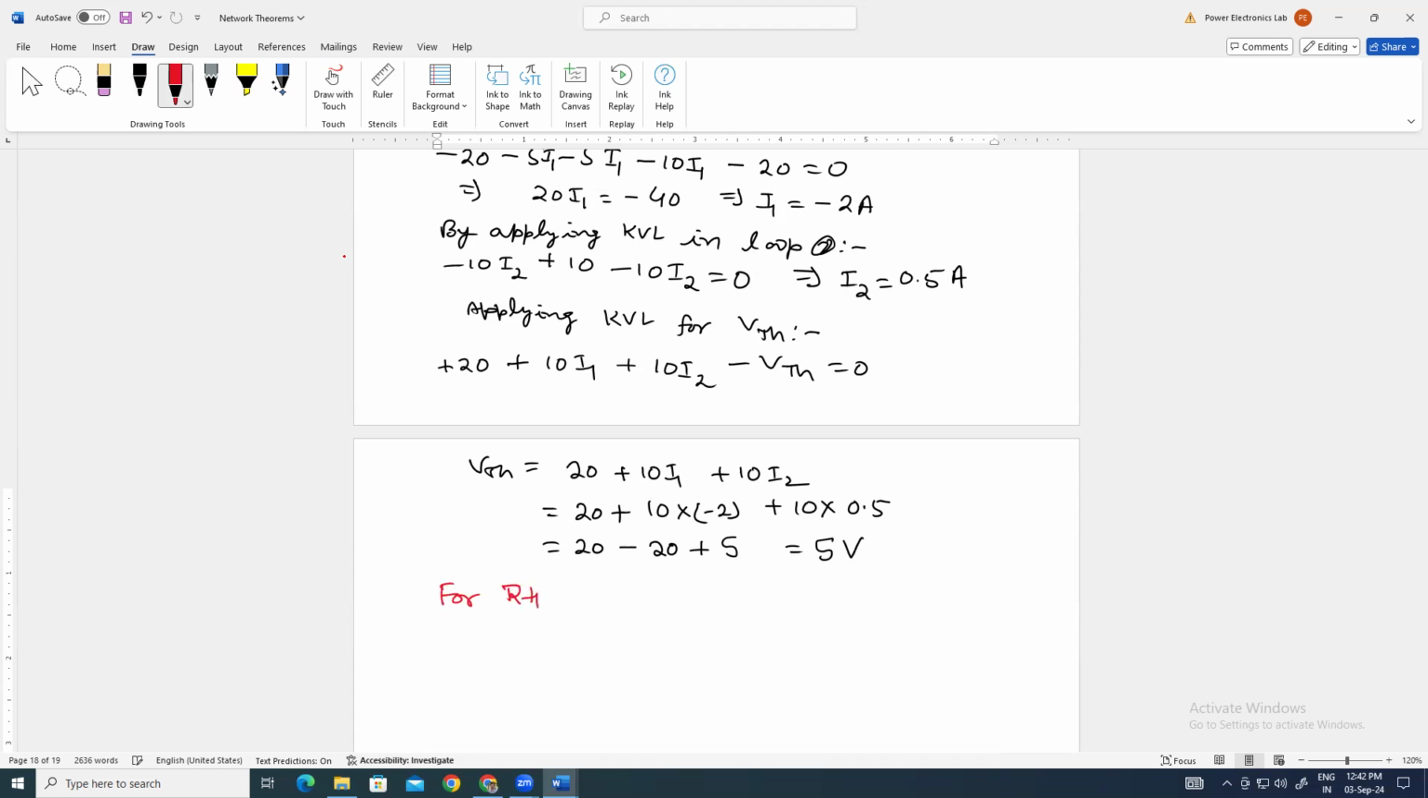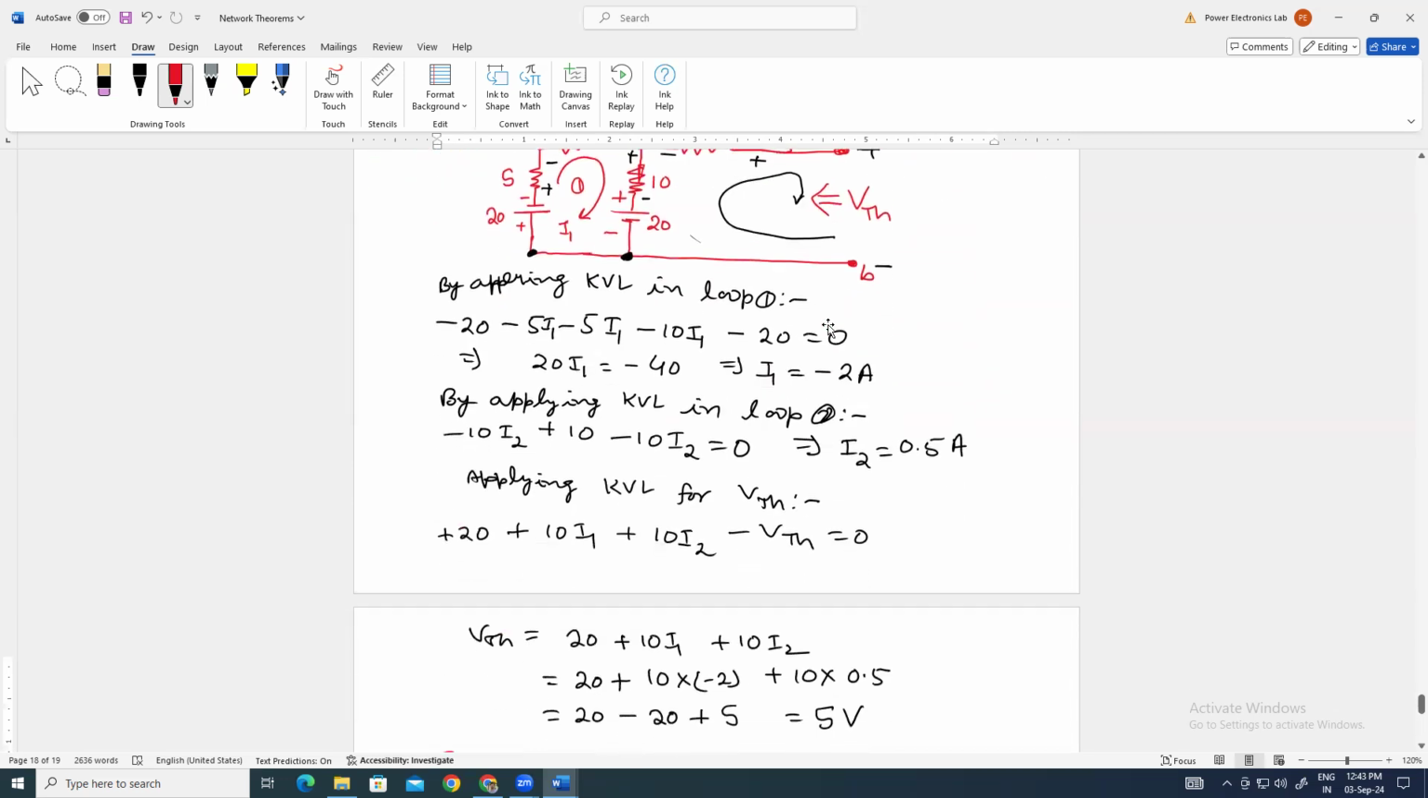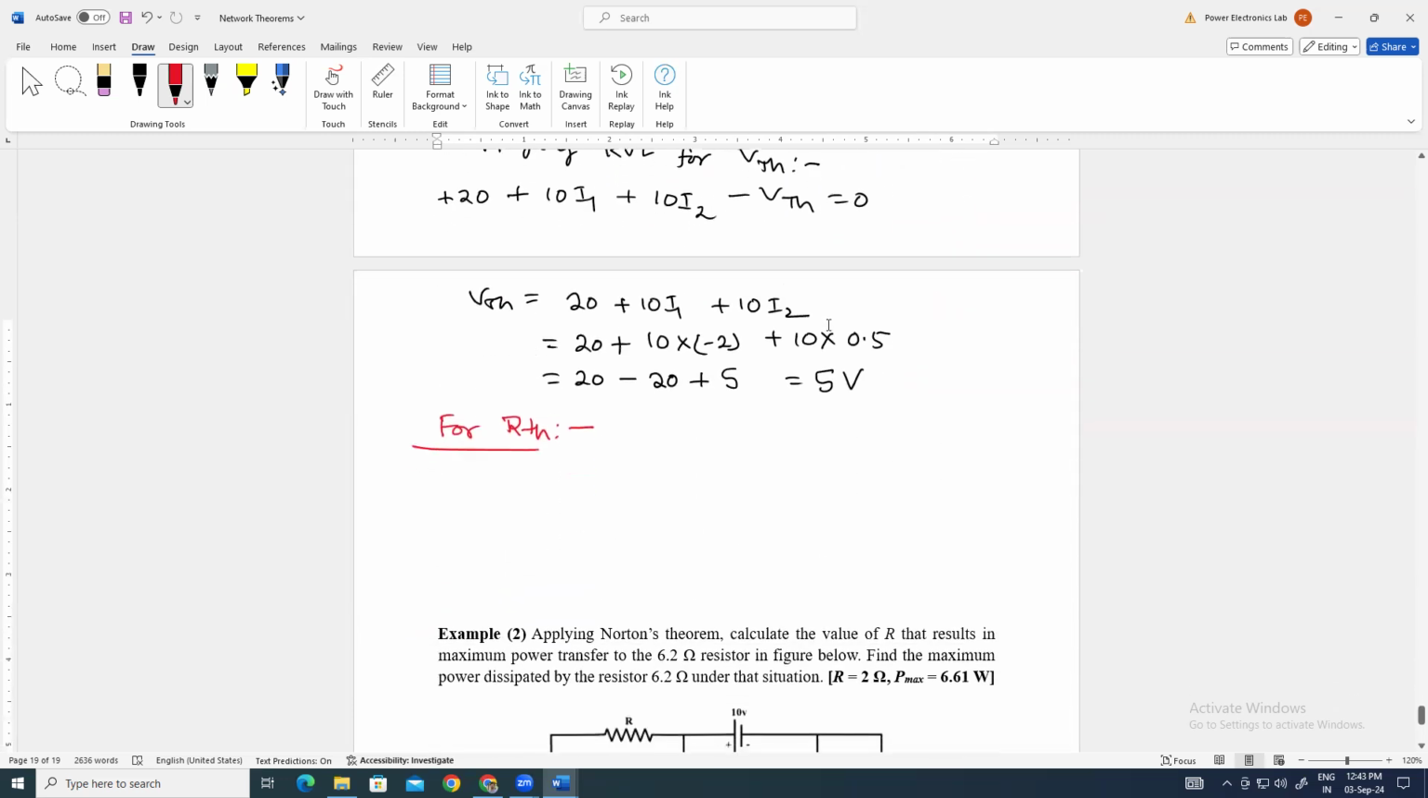For RTH, we have to again redraw the circuit, this circuit, by eliminating all sources. Okay, so this current source we have converted into voltage source, so we can eliminate these sources. 1, 2, 3, 3 sources are there in this circuit. So by eliminating these voltage sources, we know that independent voltage sources, ideal voltage sources will be short circuited. So इसको short circuit करेंगे, इसको short circuit करेंगे, इसको short circuit करेंगे. So our circuit will look like